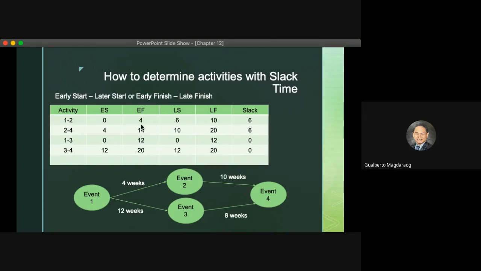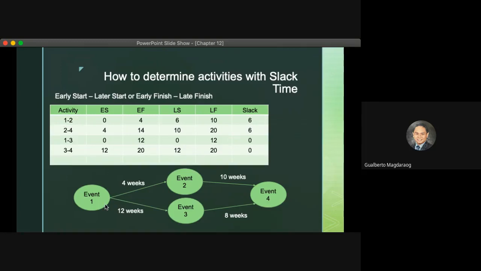Or 4 and 10 is 6. 4 and 10 is 6. 14 and 20 is also 6. 0 and 0 is 0. 12 and 12 is 0. 12 and 12 is 0. 20 and 20 is 0. So those with slack time are path 1 to 2 and 2 to 4,